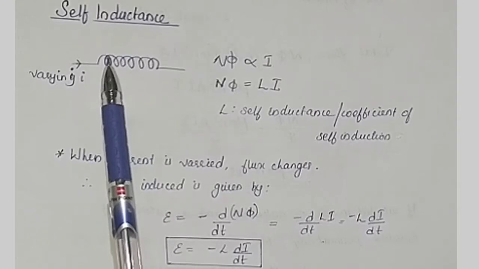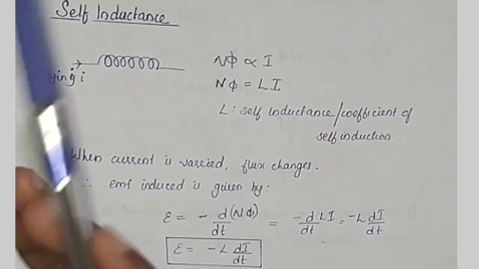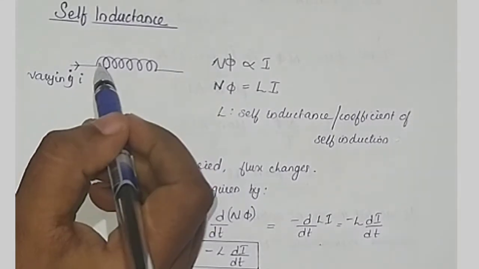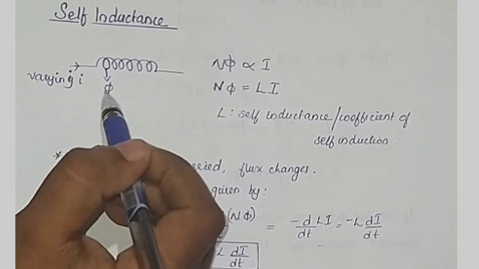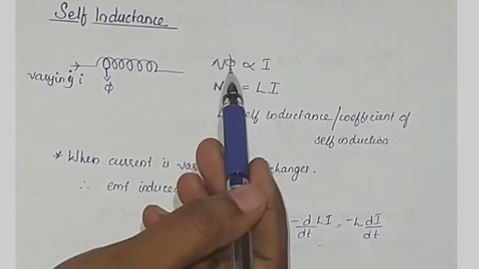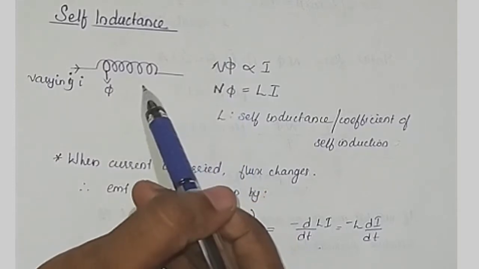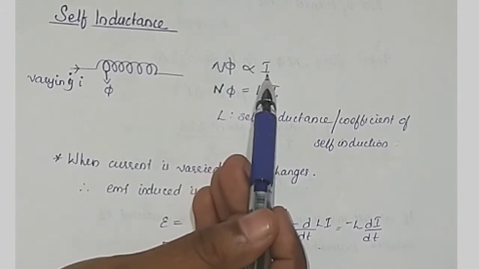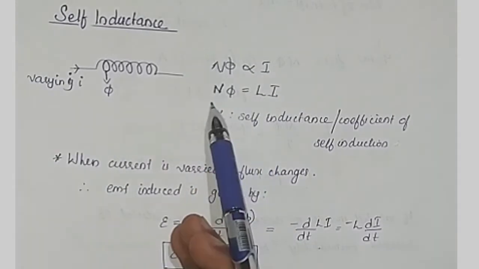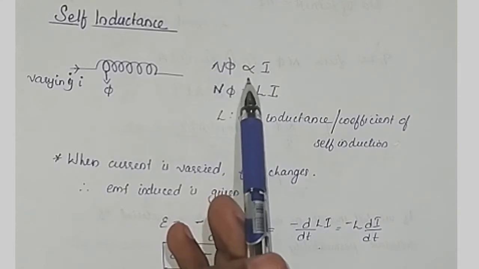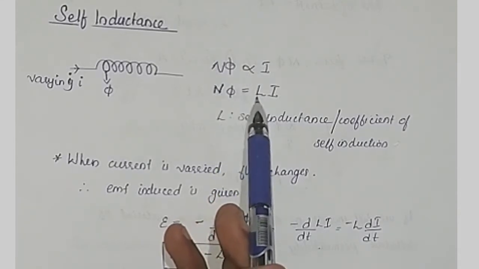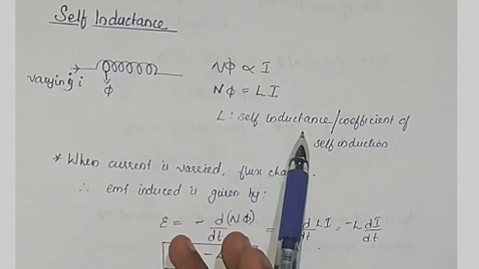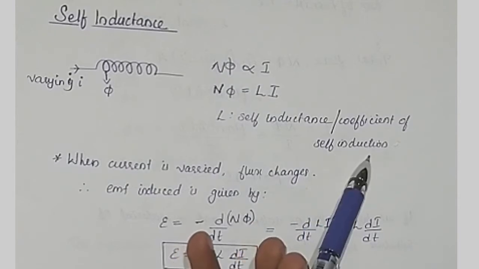And the magnetic field passed through the unit area of this coil gives the flux of this coil. And if we consider the flux through one coil to be phi, from a single coil, if the magnetic flux produced is phi, then if there are N turns, then we can say that the total flux can be written as N phi. And we know that this N phi depends on the current passed through this coil. So we can say that N phi is proportional to I, which is the current. And when we remove the proportionality, we can write N phi is equal to LI, and this constant of proportionality L is called the self-inductance or coefficient of self-induction.